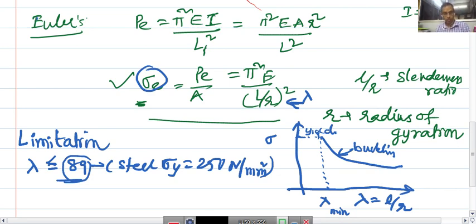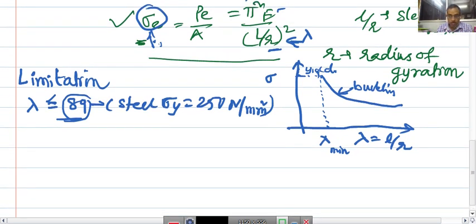Okay. So, on this side is your yield strength, pi square E, and lambda. Assuming the column is going to yield at sigma yield, you have the yield stress and you have Young's modulus. So, you can work out the minimum lambda at which this Euler formula works. Okay. This is what we said, and then we said that apart from this,